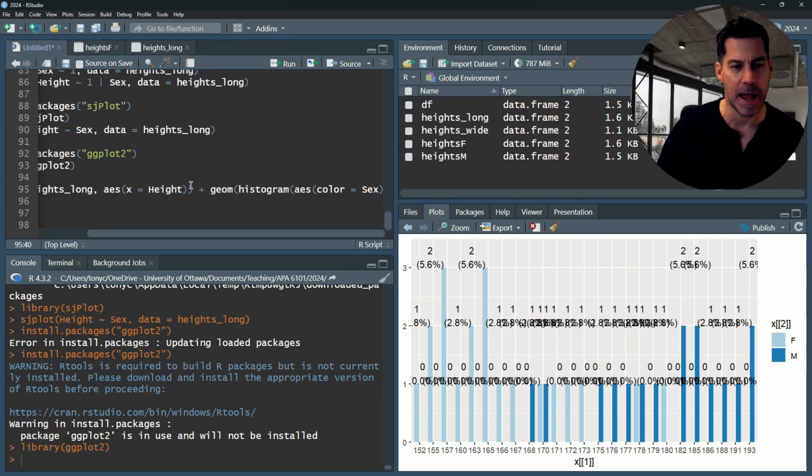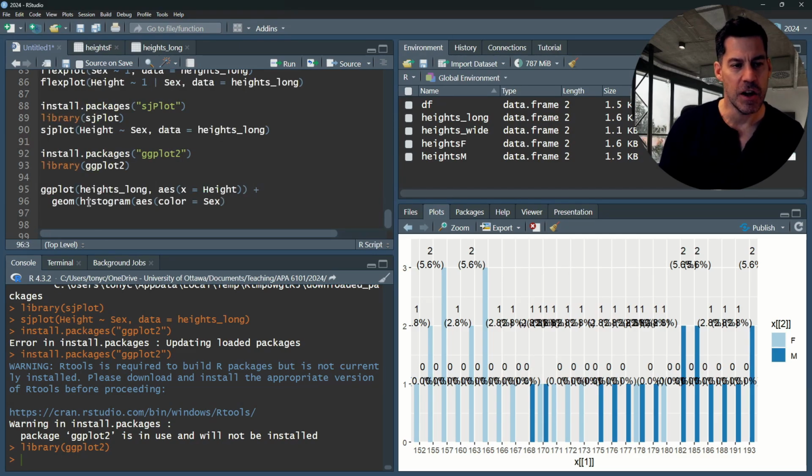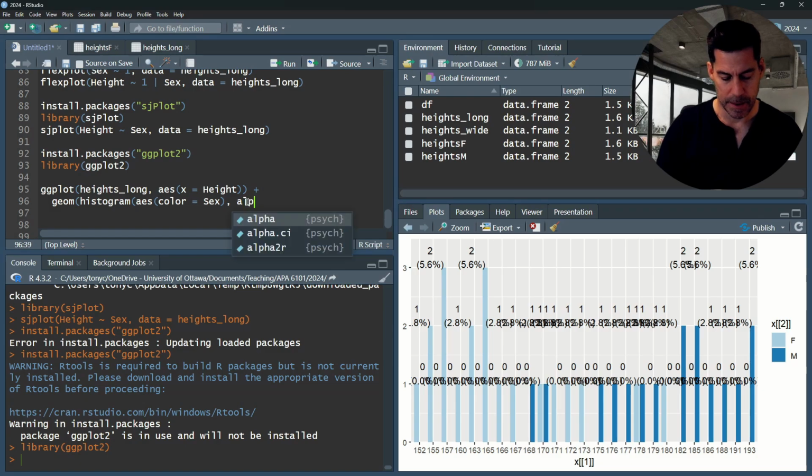So I'm going to just put it after the plus. geom_histogram, aes, color equals sex, comma, alpha equals 0.2. So alpha basically means its transparency level. All right. Plus,